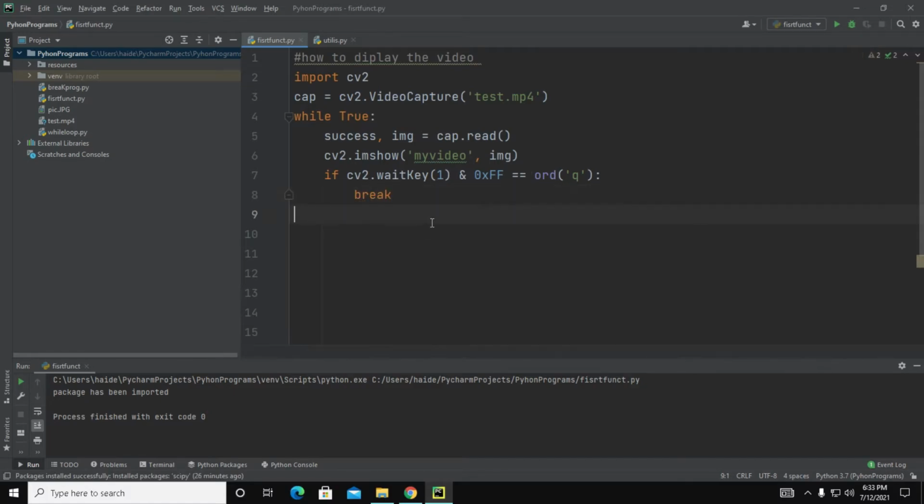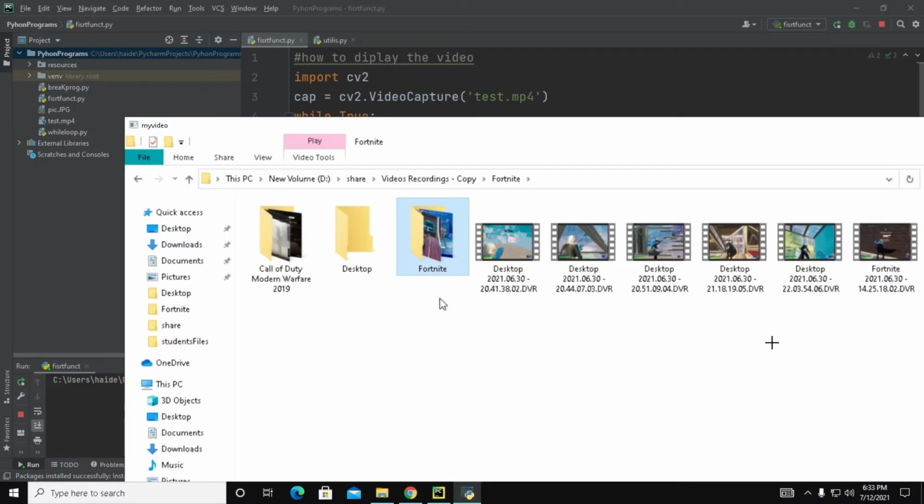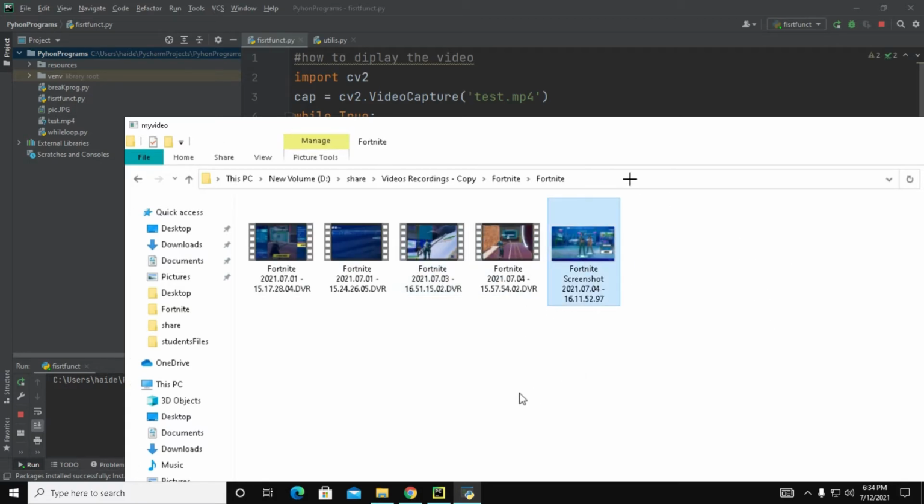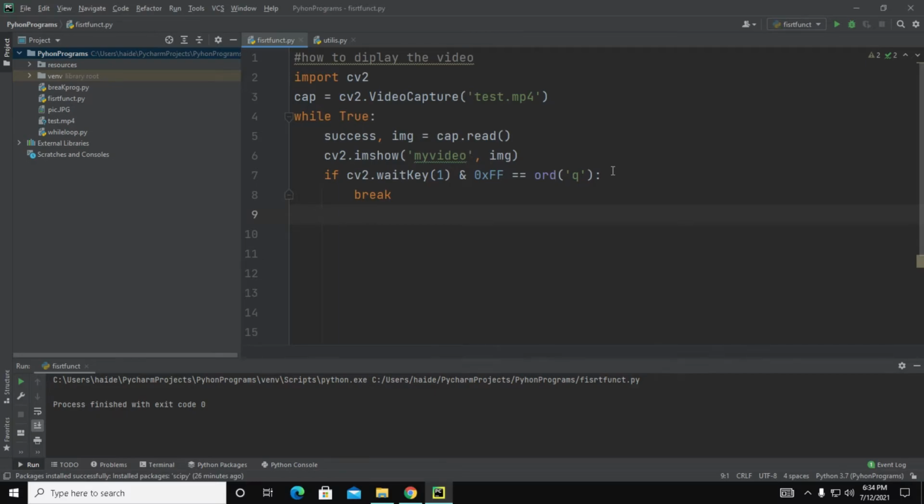Now let me run the program and see what the output will be. Now you can see here, this is the video. This is my video, it is going to be displayed here, and once I press the Q button, it should come out of this loop. Did you observe? So this is the way you can display the video in Python. Okay,